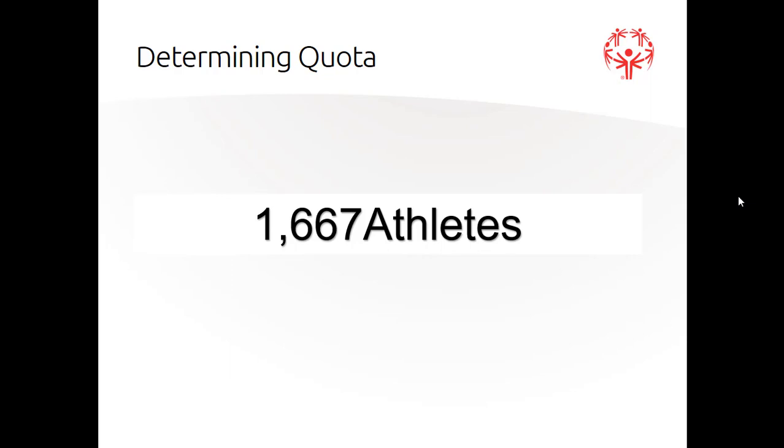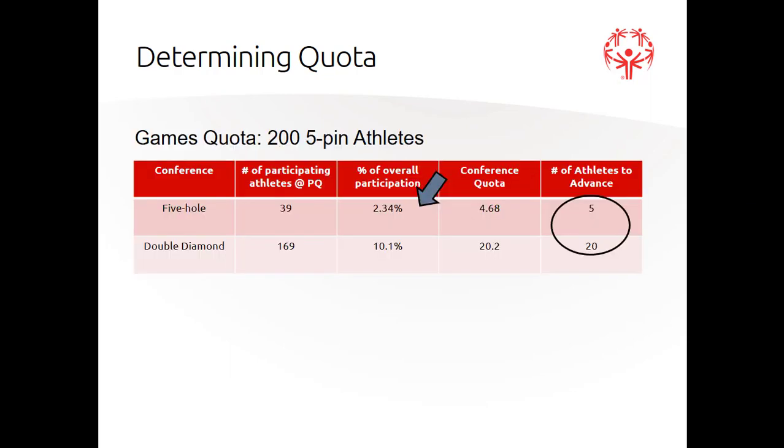The first step in determining which athletes qualify to advance is to calculate how much quota is assigned to each provincial qualifier. The Special Olympics Ontario sport team gathers all of the data from all of the PQs that are held. This includes not only the results, but also information on each participant, such as age, gender, and the total number of participants. If we look at historical data from 2 of the 5-pin PQs that were held in 2015,